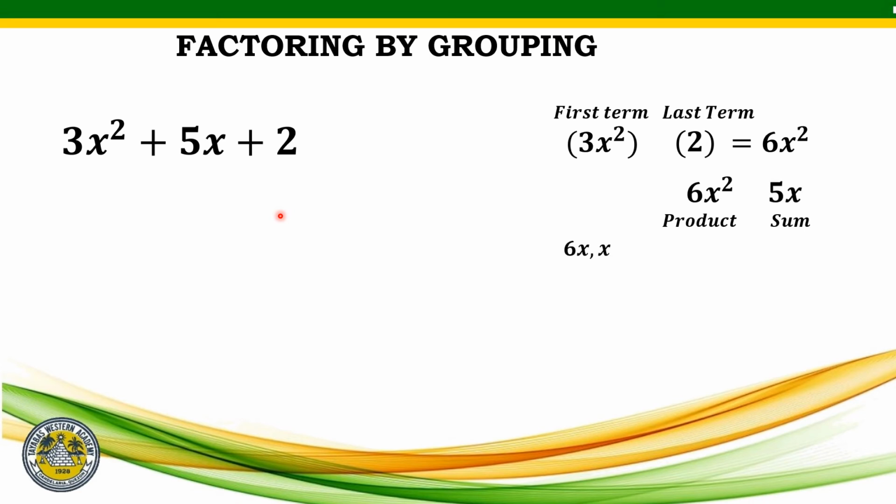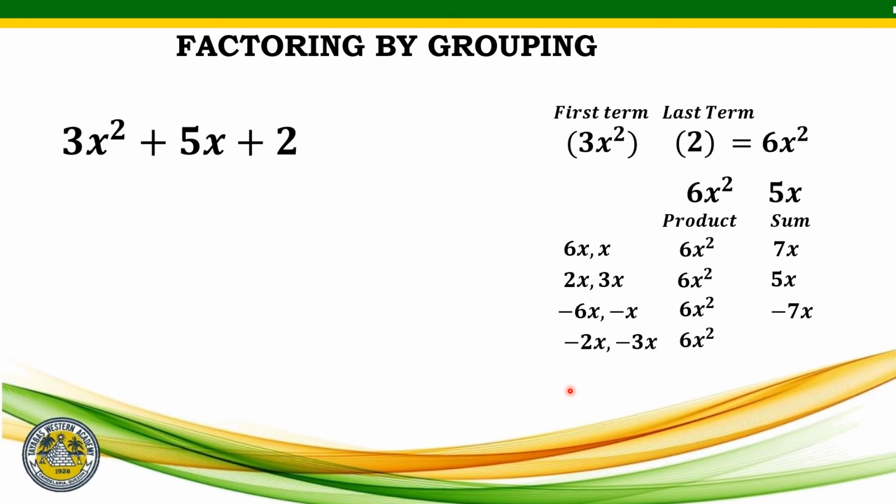So, 6x times x, so 6x squared yun. So, kapag pinag-add, 7x. 2x and 3x. So, ang product, 6x squared. Pag pinag-add, 5x. Negative 6x and negative x. Positive 6x ang product. Ang sum ay negative 7x. Negative 2x and negative 3x. Ang product is positive 6x squared. Ang sum is negative 5x. So, alin dyan yung hinahanap natin na kaparehas ng middle term? So, that is